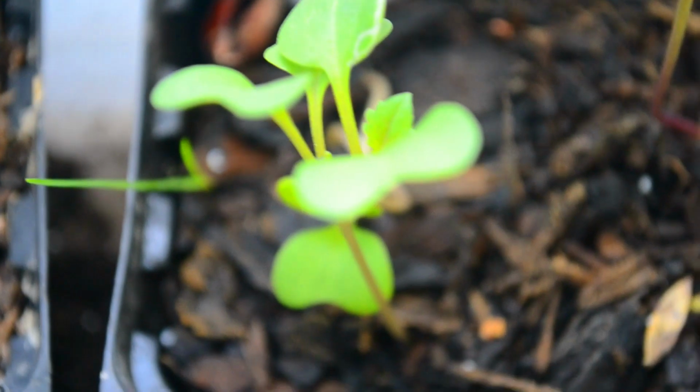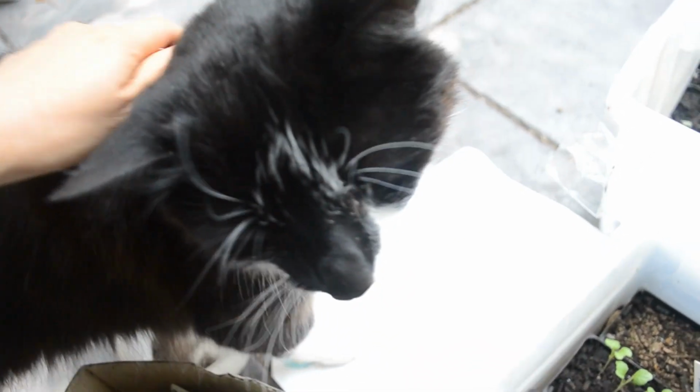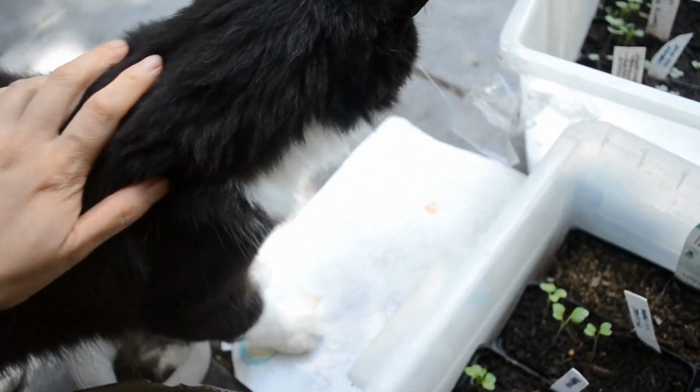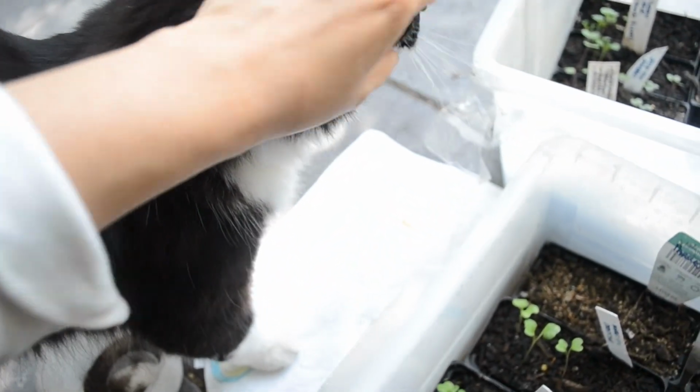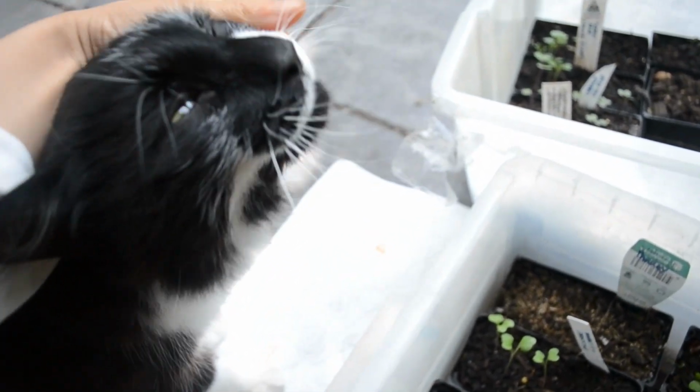Oh, Panda, hello. Channeling my NSYNC today for those who grew up in the 90s. Panda, do you want to help me keep an eye on my seedlings? Do you want to help me do that? Keep those nasty white butterflies away. Thank you. Yeah. This is why I get nothing done all day. Between the chooks and between you,